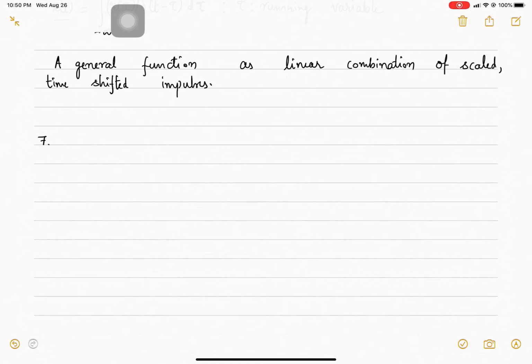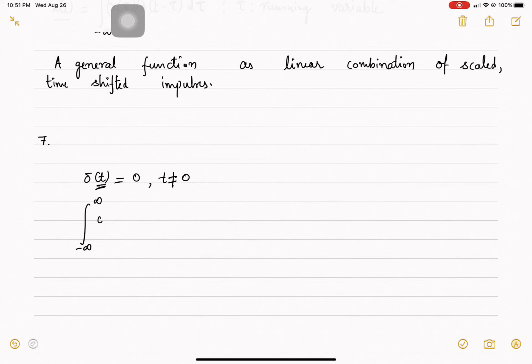If you remember in the previous session, I explained what an impulse function is in the continuous time domain, and we saw that it's a bit more complicated than the unit sample sequence, the counterpart in the discrete domain. So I defined delta t in such a way that it is equal to 0 when the term inside the bracket is not 0, and it exists only at the point t equal to 0.